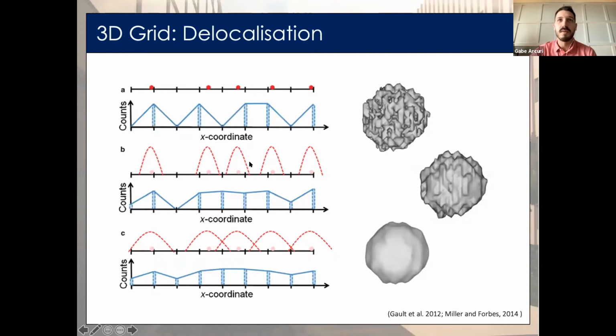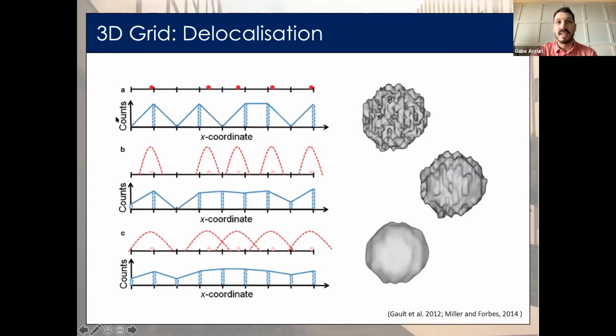So there exists a probability that an atom occurring within a given voxel was imprecisely positioned and should have been associated with a neighboring voxel, or that our 3D grid may be dividing small fine features because there's no relationship between our grid and internal features in our volume. So to limit these effects, the commercial software applies a delocalization algorithm to smooth our data, which you can see an example here. And this is also schematically shown here.